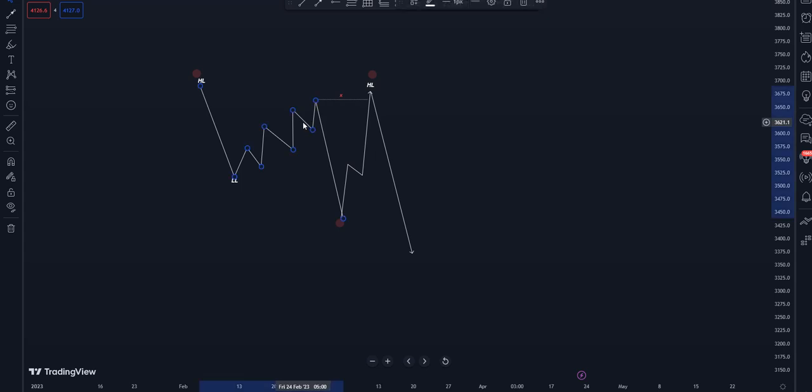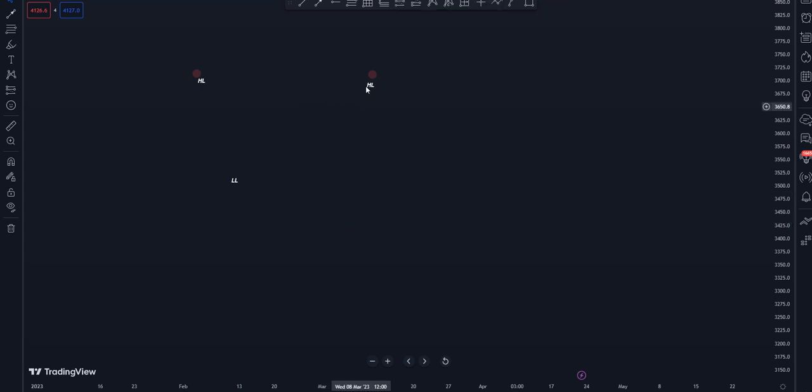I'll repeat this again, guys, so that you'll understand it. I want you to understand it properly. Let's remove the higher low and highs. So guys, what you want to see,